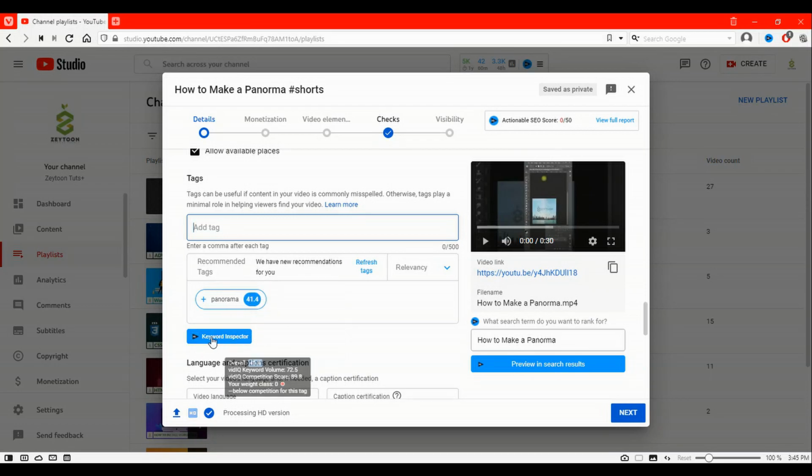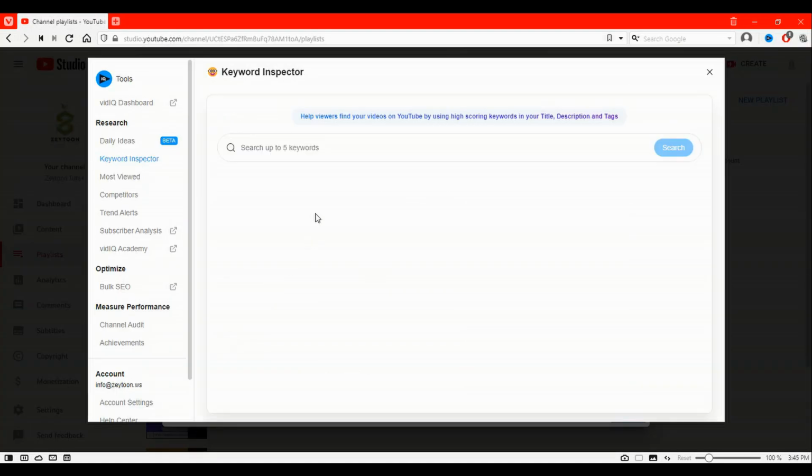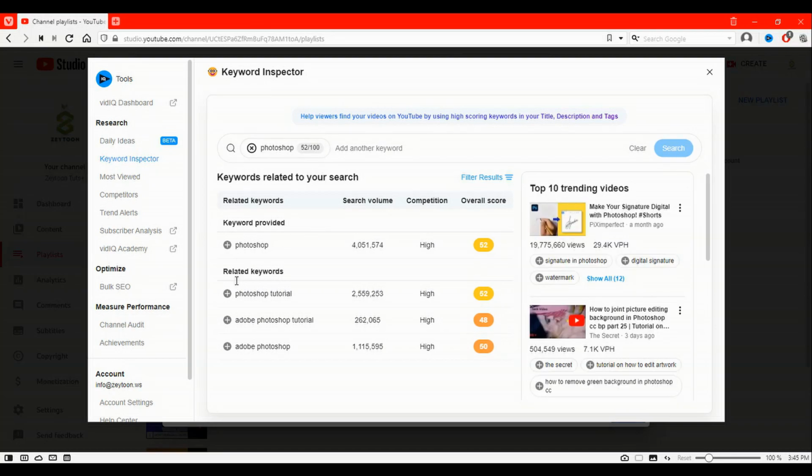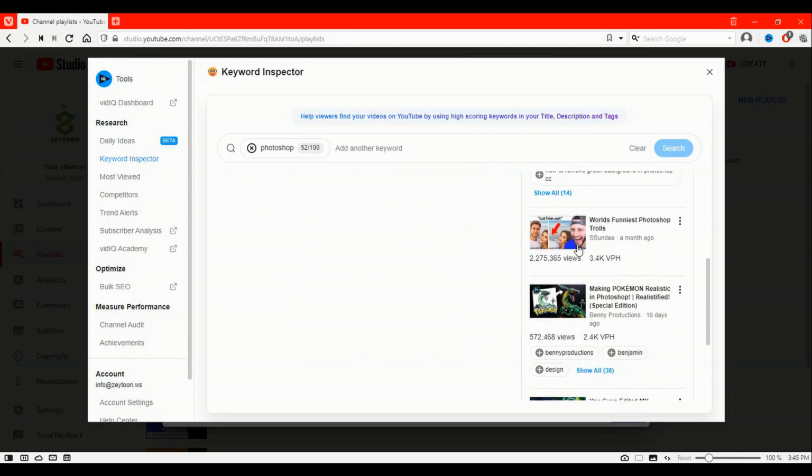Using vidIQ, I want to use the keyword inspector, and here I want to search for Photoshop. I have these 4 high rated keywords: Photoshop, Photoshop tutorial, Adobe Photoshop tutorial, Adobe Photoshop, and then here I have